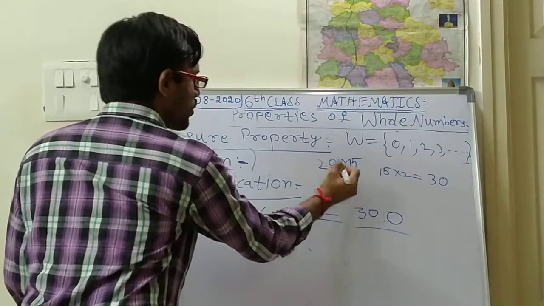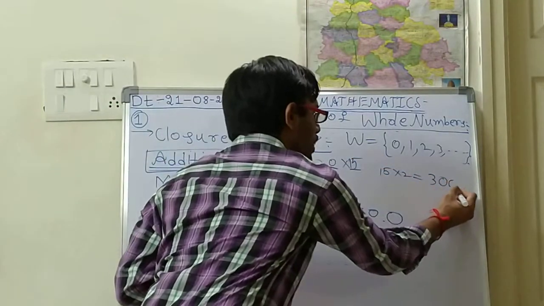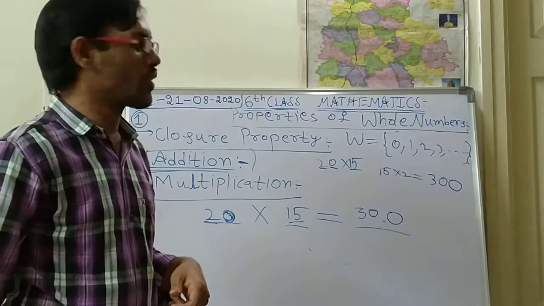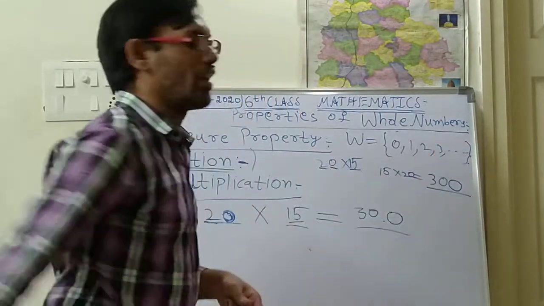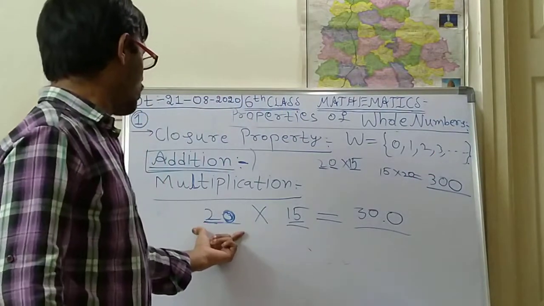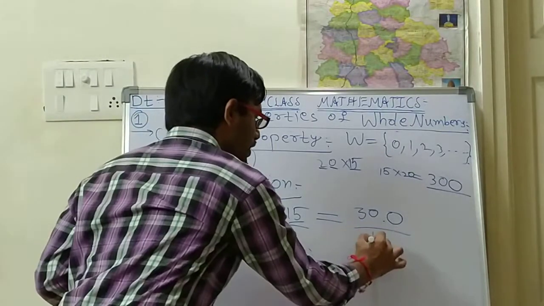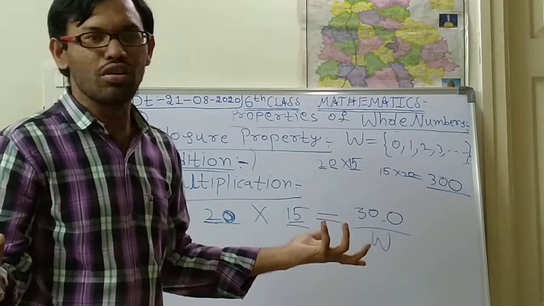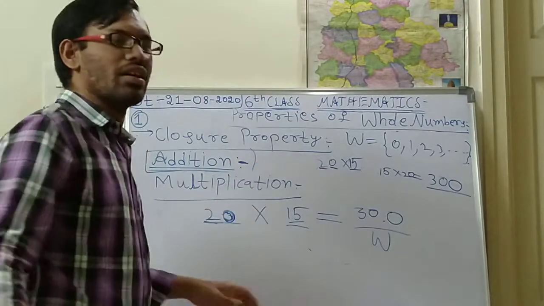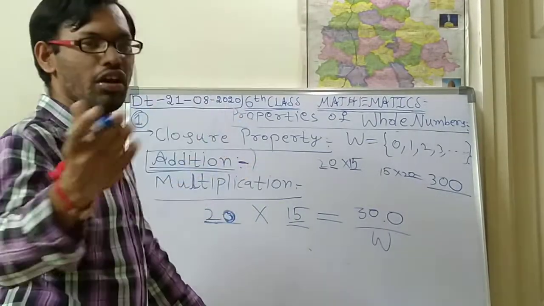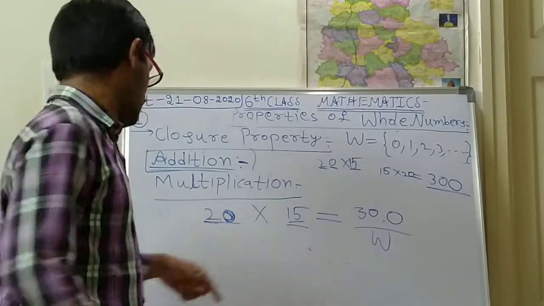How many zeros are left over here? One zero is left over. That one zero you should write at the end. So 15 into 20 is 300. By multiplying two whole numbers, what is the result? 300 is also a whole number only. So multiplication is also satisfying. With this, what can we say? The statement, if you want, you can note down on your paper. What is the statement? If we are taking